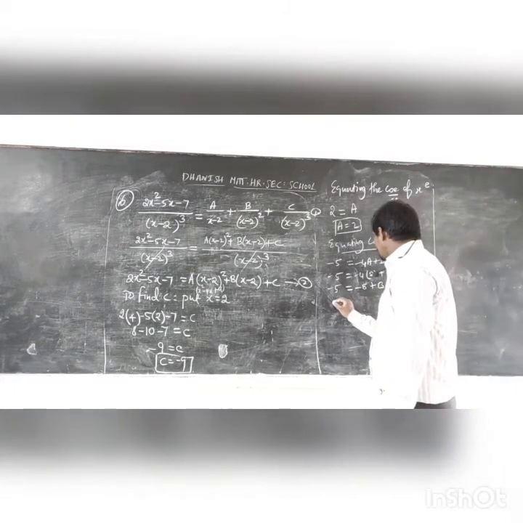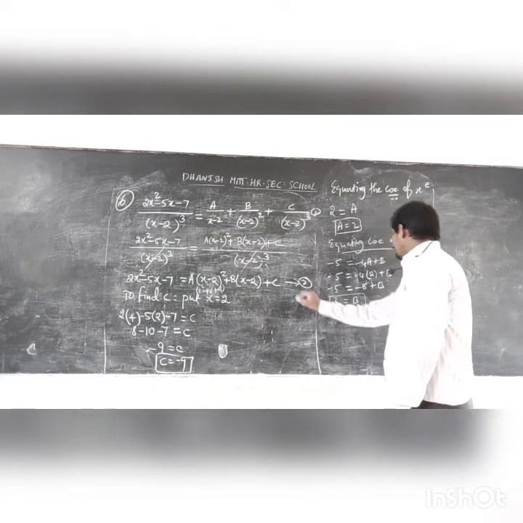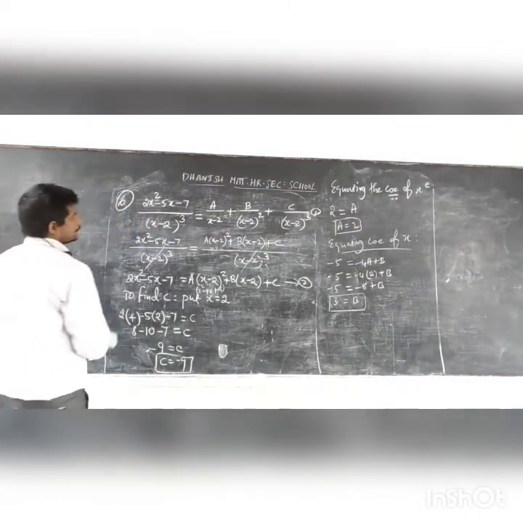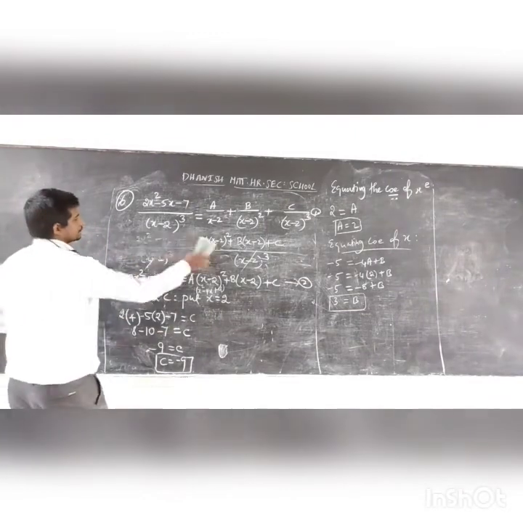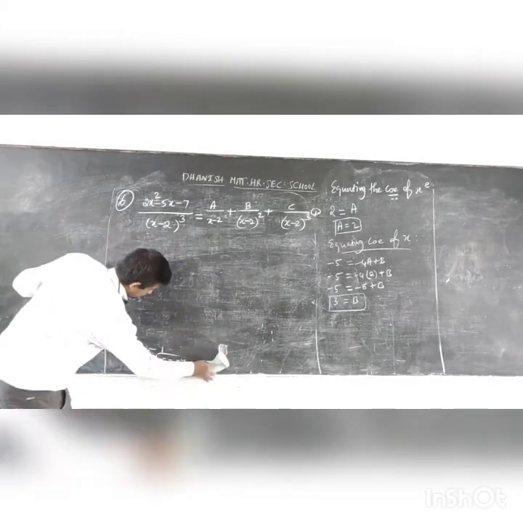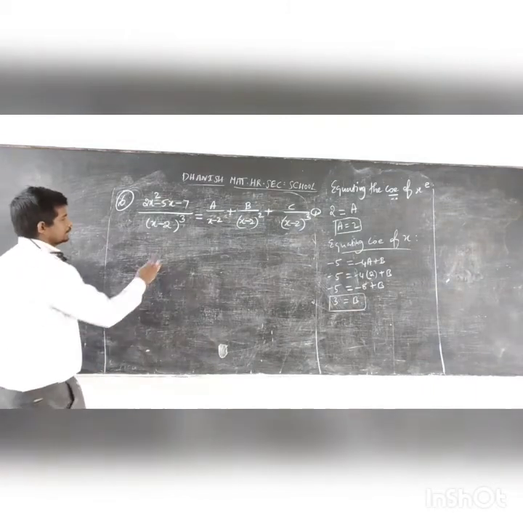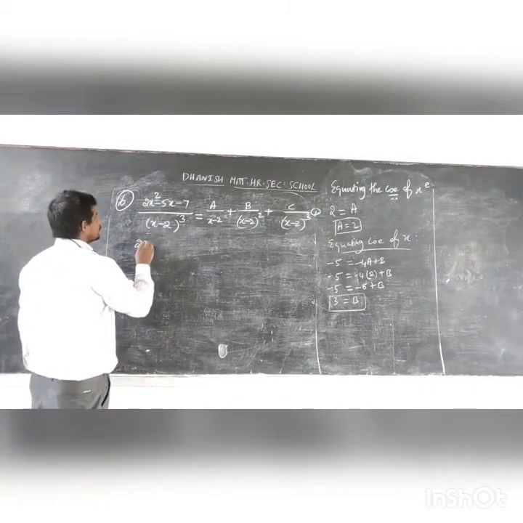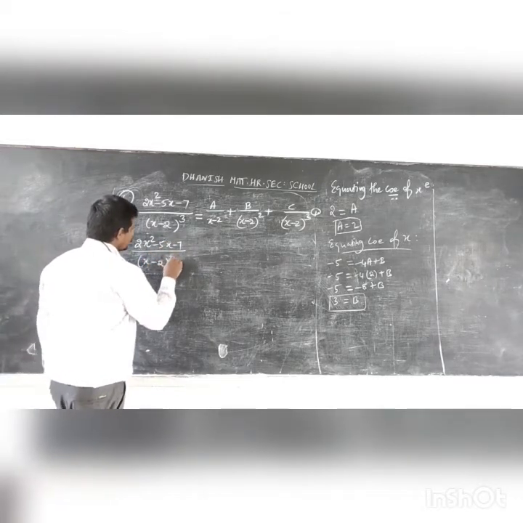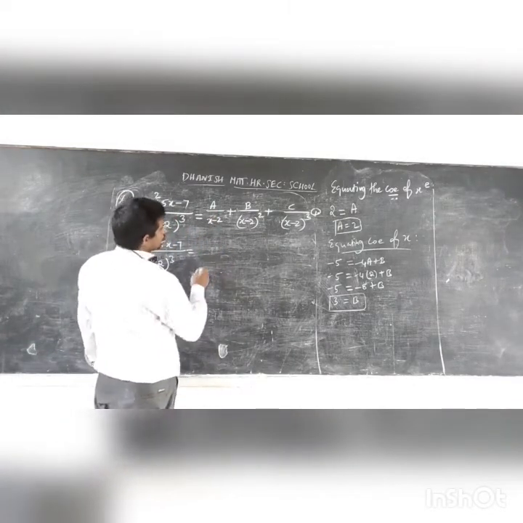Now I'm going to bring this to the left side. So it will become 3, 3 equal to b. So we got our 3 values. Now I'm going to substitute these 3 values in equation number 1. 2x square minus 5x minus 11 divided by x minus 2 whole cube equal to a. What's our a? We got our a is 2.